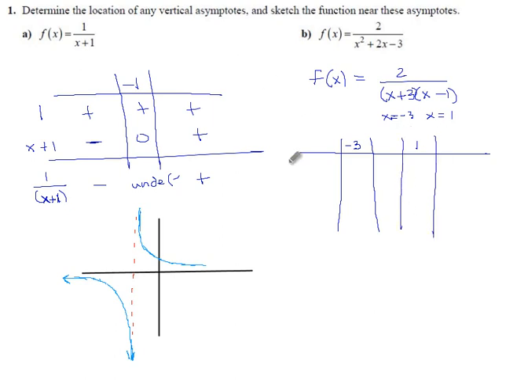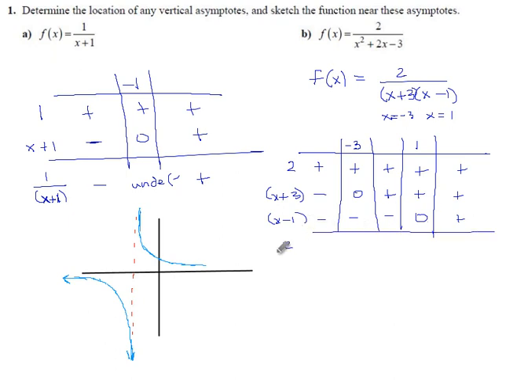And our pieces are 2, which is positive everywhere. A little bit silly to put it in, but you totally can. X plus 3, which goes negative, 0, plus, plus. And x minus 1, which goes negative, negative, negative, 0, positive. So if we combine all that and find the sign of our entire function, 2 over x plus 3 times x minus 1,